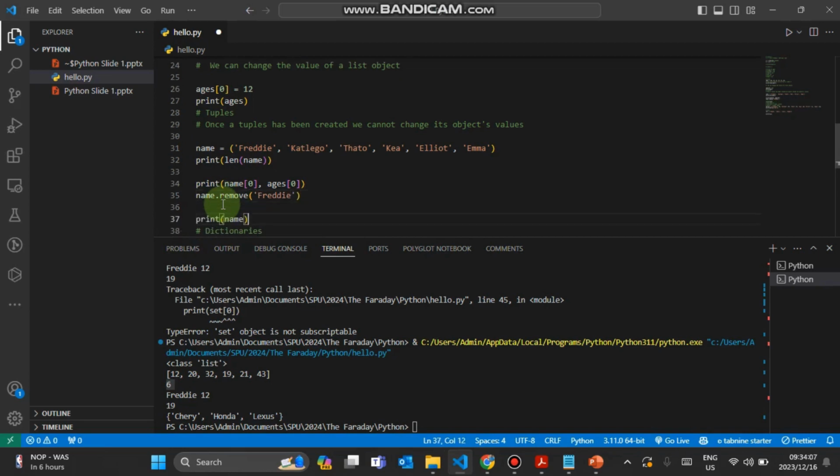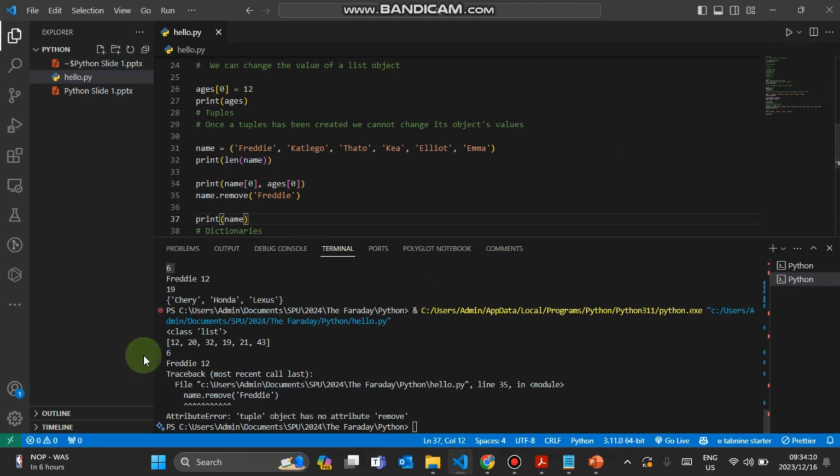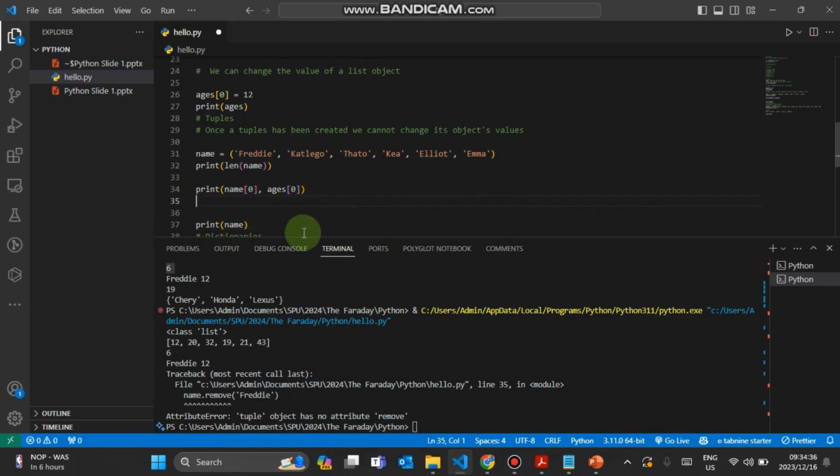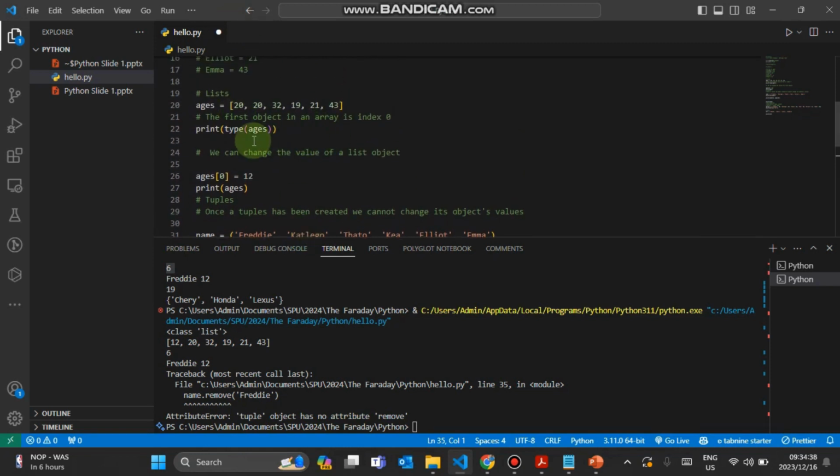And then if I print name now, you will realize that, what's happening. Oh, there's a thing, it's a tuple, so we cannot change, remember. We cannot change the value of this. So the list is the one whose values we can change and stuff. So let's just remove